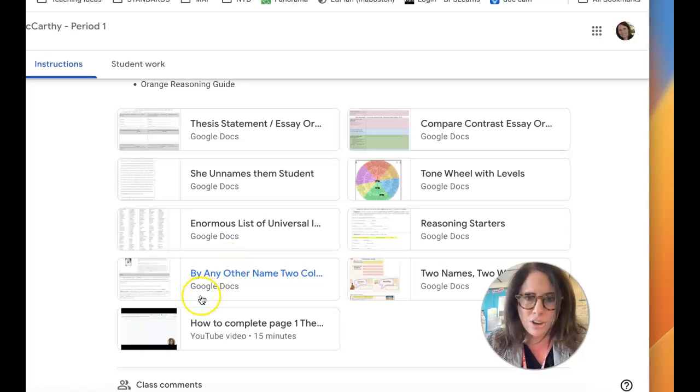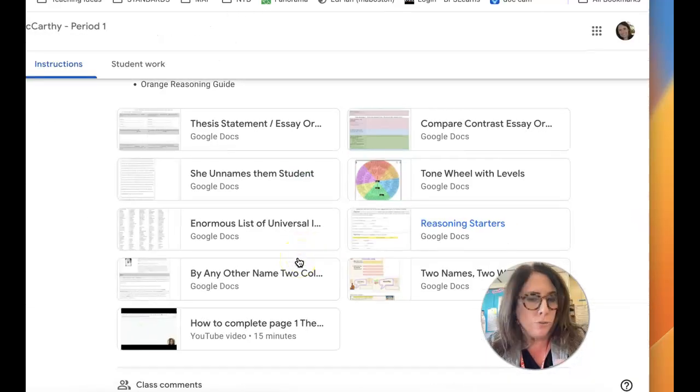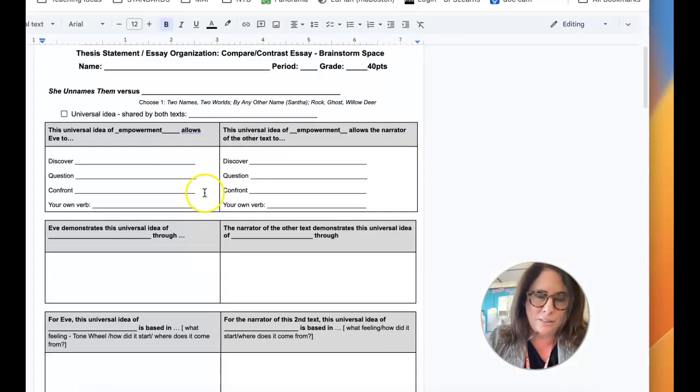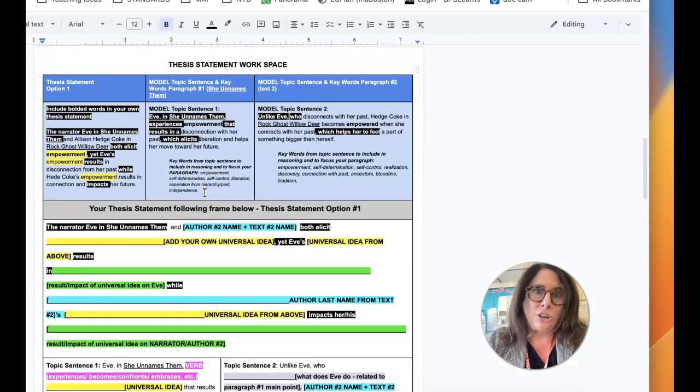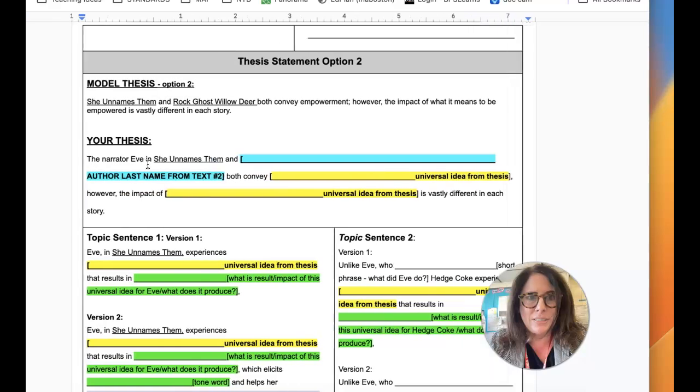So the texts are here. And the reasoning starters, which is still going to be good. This is the orange page in your notebook. It says reasoning starters. If you don't have your notebook, it's right there. This is the tone wheel. This is what, if you're jumping in and you just want to get the completion and turn in the best possible essay that you can with the 1-day timeline now, you are going to take this thesis statement